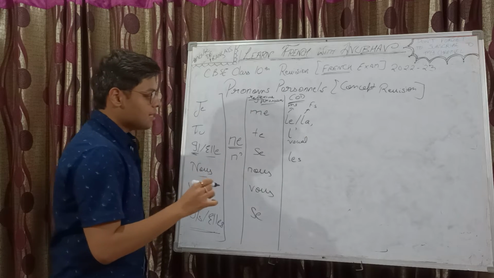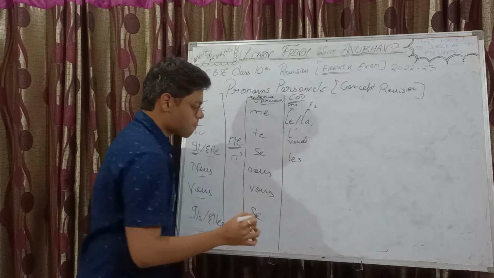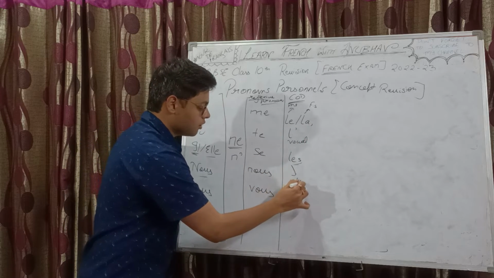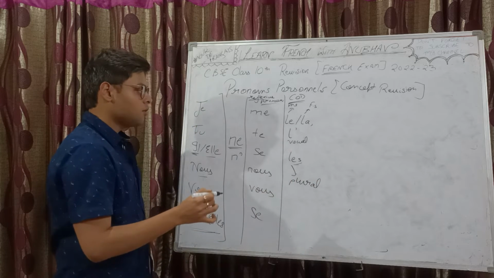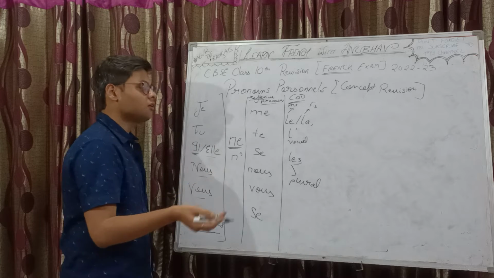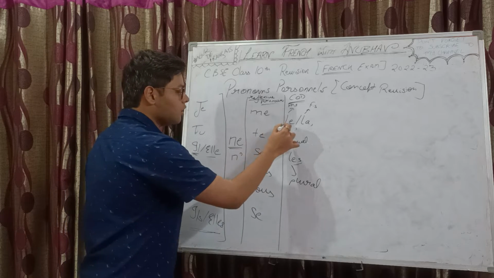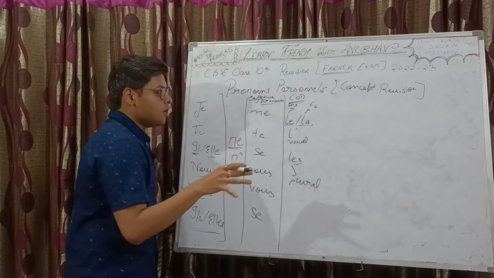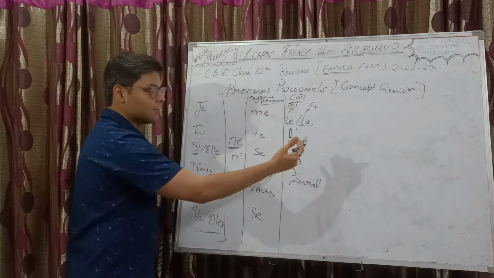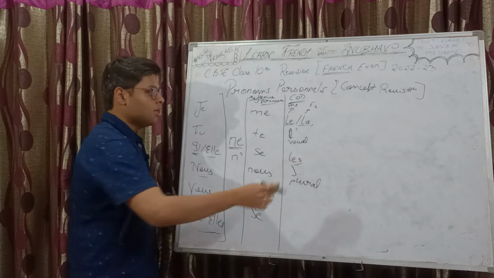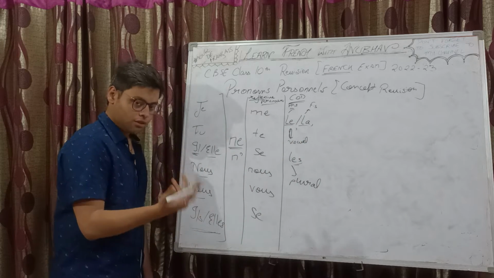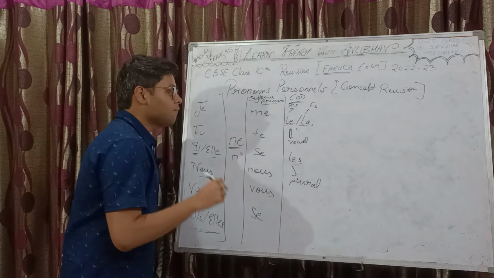And les for plural. Have we noted that if a word begins with a vowel and it's singular and we are replacing it with a pronoun, it will be either le or la, if it's singular? This l apostrophe will happen if the word immediately next to it begins with a vowel, then le or la will get converted to l apostrophe, for liaison.